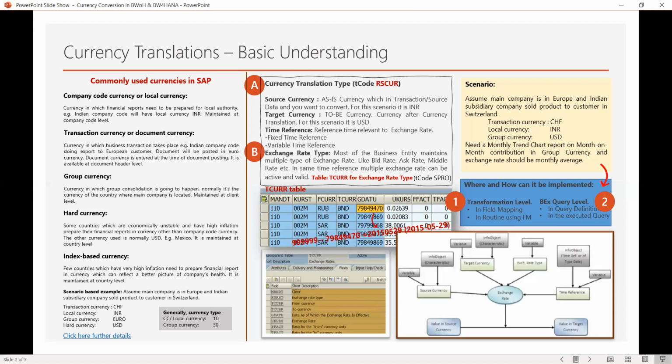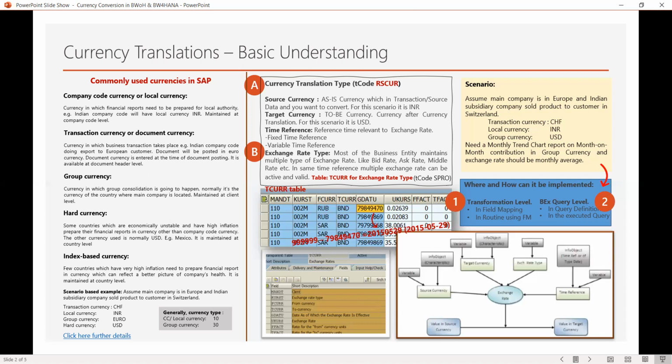Now the second question is how you can implement that. Obviously you need to create the currency translation type, define the exchange rate, source currency, target currency and time reference in that currency translation type, and apply that on your amount figure to change it from one currency to your required currency, say from INR to USD.